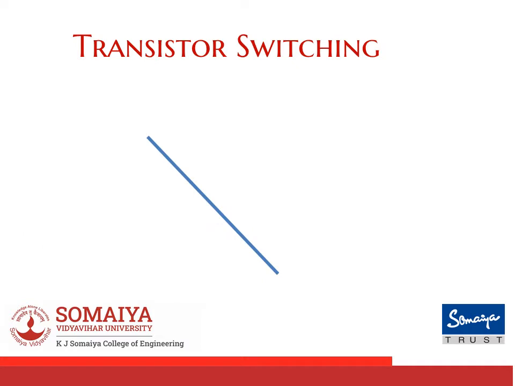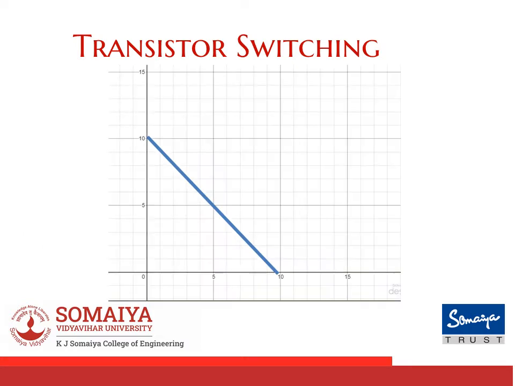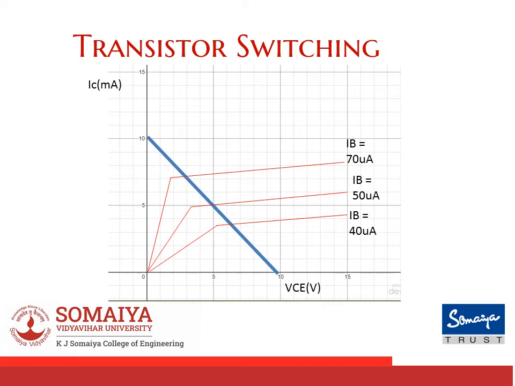Let's look into the basic operation. So let's look into the DC load line. As you can see, DC load line is nothing but points joining both the extreme conditions. This gives you Q points when characteristics cross the DC load line. When I'm operating it as a switch, the most important parameter is going to be IC saturation, which is equal to VCC by RC.